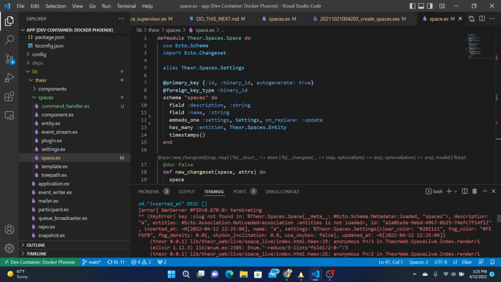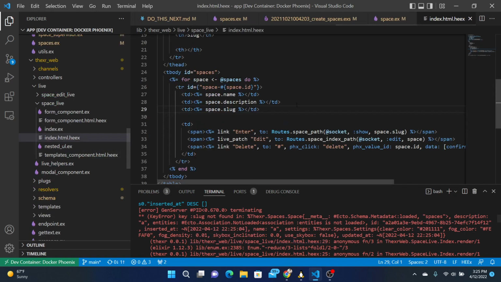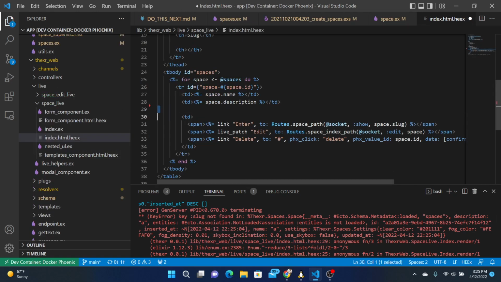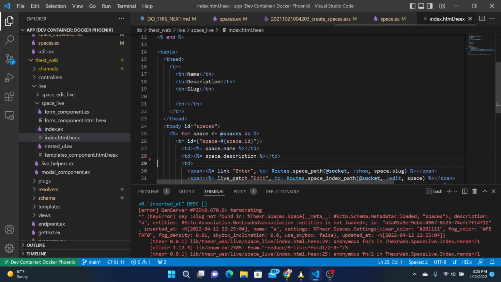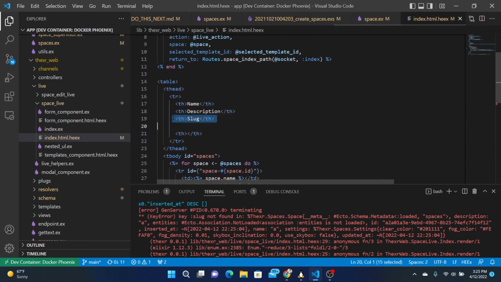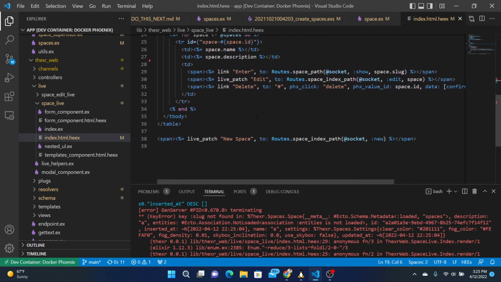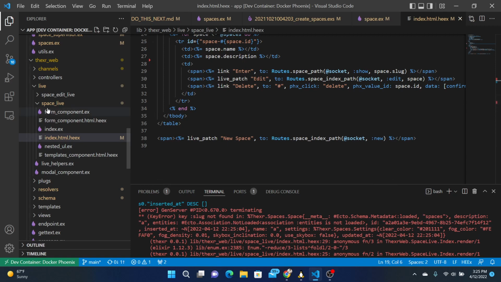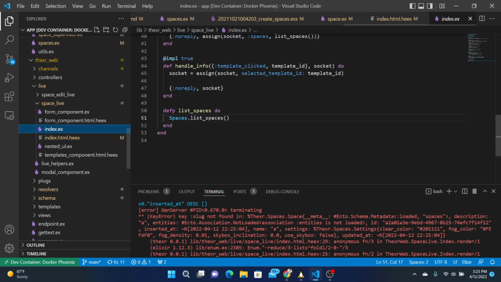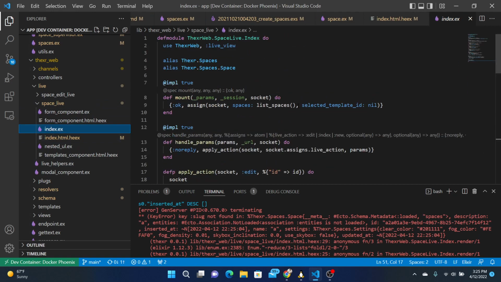Where? Index HTML hex. Here we go. Nothing here. Nothing here. And may I see the index? Anything about slug in here?